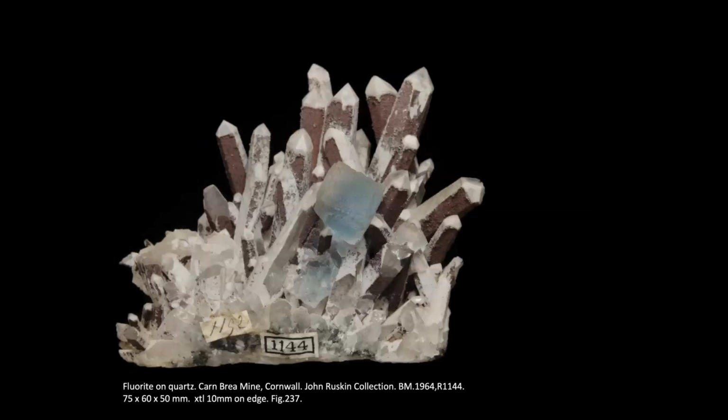And this one from John Ruskin's collection. John Ruskin was a Victorian critic and author and all-round polymath, very interested in minerals and geology. And most of his specimens tended to be aesthetic. He wasn't perhaps particularly technical, but he very much liked colours and contrasts and things that were very nice to look at. And this one, a single large blue fluorite cube with a couple of smaller ones on iron-stained quartz